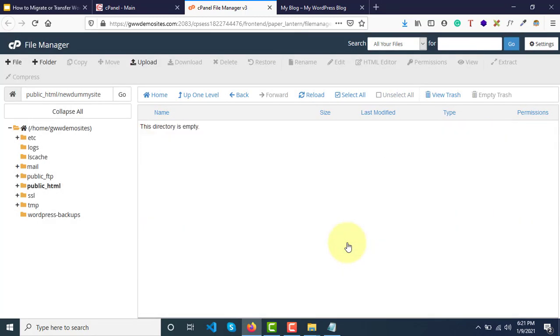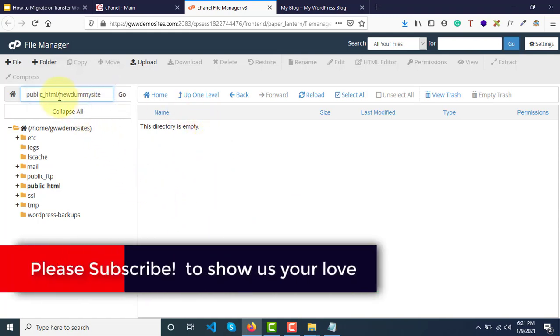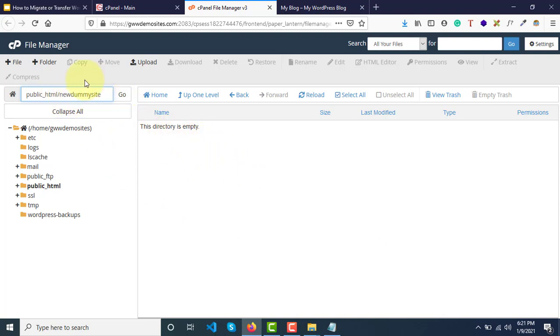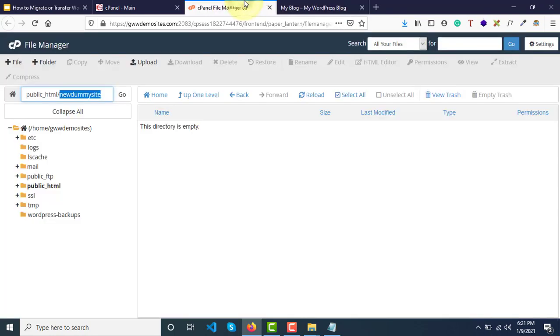Please do it with caution, because you need to make sure you are in the right directory, otherwise if you delete another directory's files, your other website might get affected. This is my new dummy site, and we just deleted the website files that we installed after copying the database connection details.